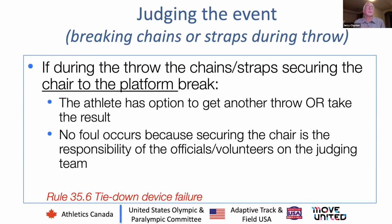What we are allowed to do is the athlete gets an option. They can take the throw wherever it landed. Who knows, it might have been his own personal best, and I'd take it too. Or we can give them another throw. And that is something that the chief judge and or referee would talk to the athlete during the process of that. We would go in and fix that. Now, if the athlete,